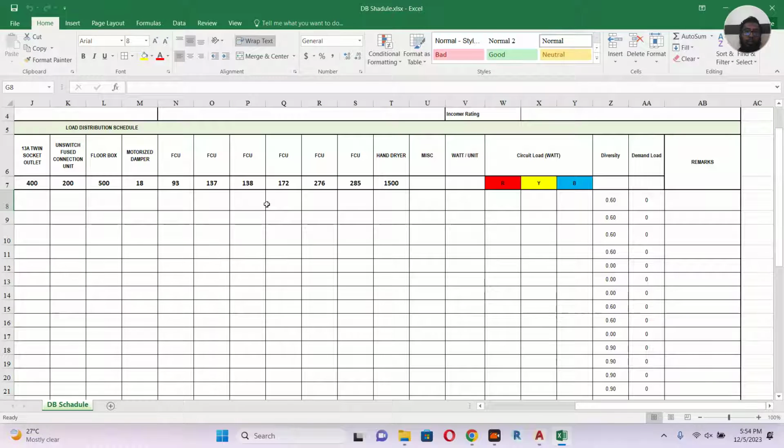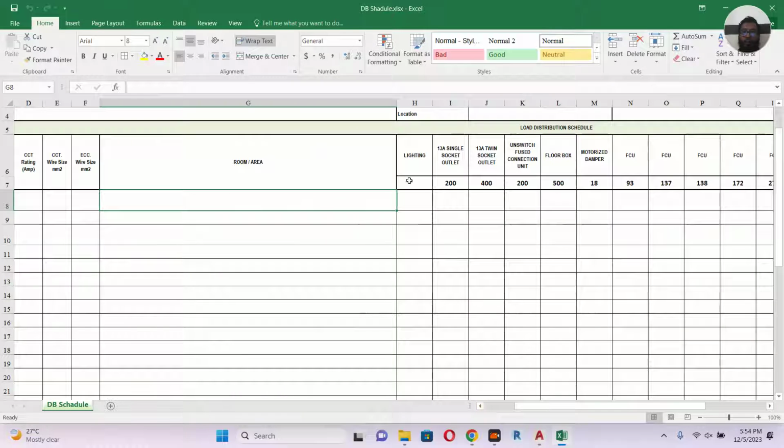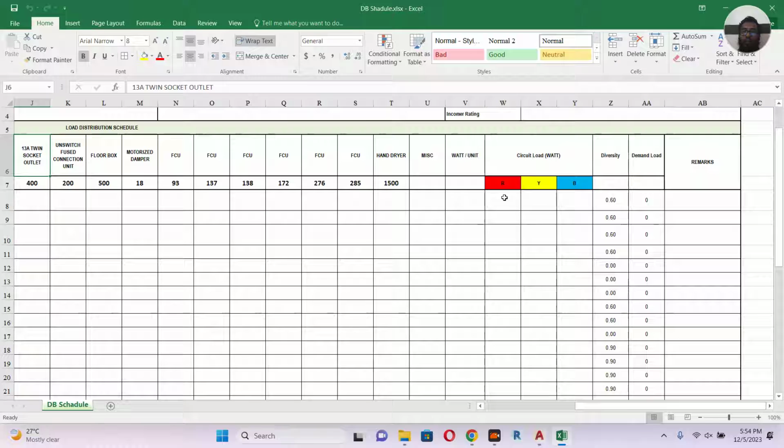the load. Let's go here, it's a load like 13 ampere single socket, twin socket, something like this, and this is the RYB load and diversity factor and the demand load, and here will be single unit load. You will understand when I am typing. Okay, let's start